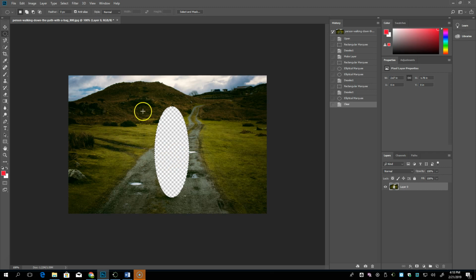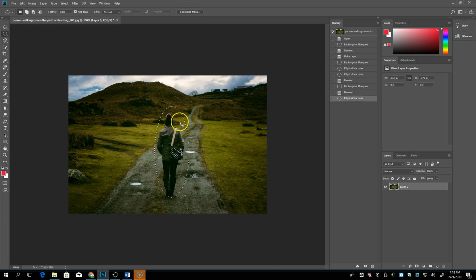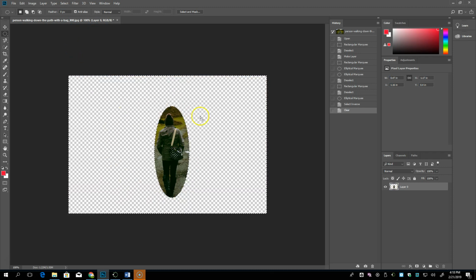I can delete everything in the background, and I'll do that by first clicking Control Z. So I have my selection here. And what I'm telling Photoshop right now is I want to delete everything inside this circle. I don't want to do that. I want to delete everything outside of the circle. So the easiest way to inverse that selection so that it's not the person in there is to simply go up to the Select tab, and if I go to Inverse, I can click Delete, and that will delete everything